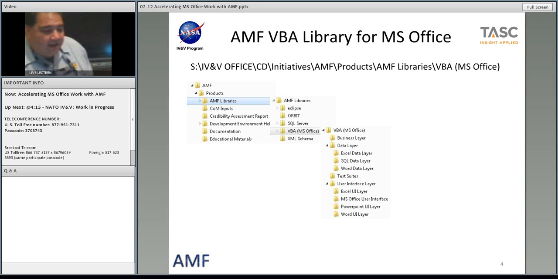So this is a screenshot of the tree down to the library. For those of us at the NASA program who have access to ECM, it is in the ECM folders under the IVVO office, and you can follow that path down. Once you get to the AMF libraries, VBA, MS Office, under the products tab,